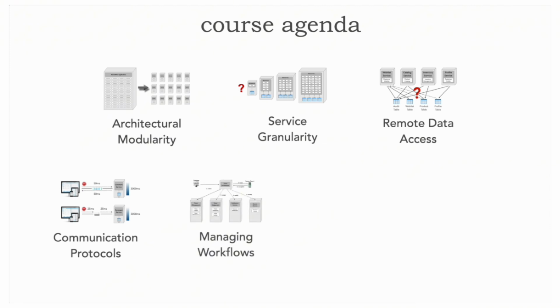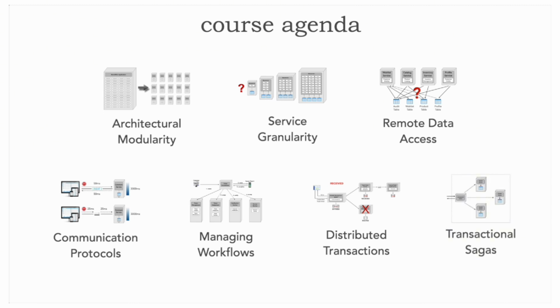I then move on to managing workflows from an orchestration versus a choreography standpoint, and then talk about distributed transactions, both atomic transactions, eventual consistency, and also compensating updates when errors do occur. Now, I wrap all of this together in terms of something called transactional sagas, essentially ways of building effective distributed